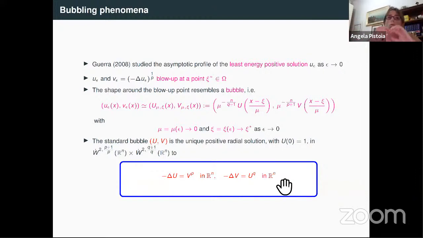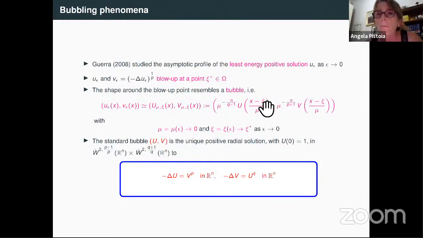Okay, so what you see is that the solution, the least energy solution around the blow-up point, goes to 0 everywhere. It looks like a bubble, so it goes to 0 far away from the blow-up point, and at the blow-up point it goes to plus infinity, because this scaling parameter mu epsilon is going to 0, and